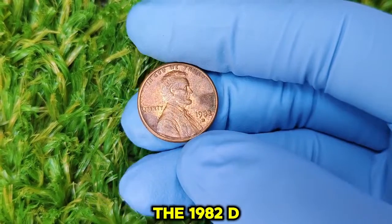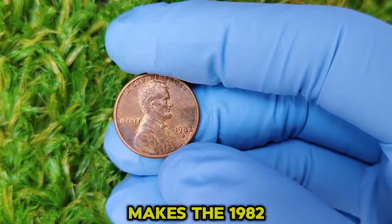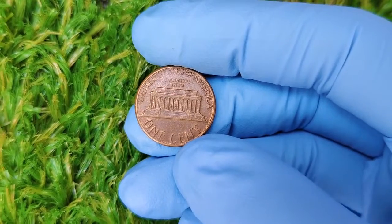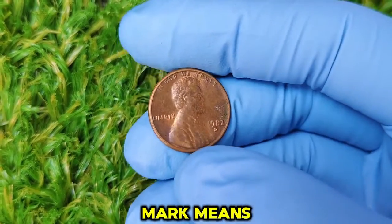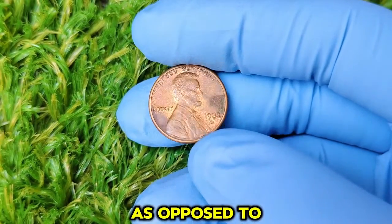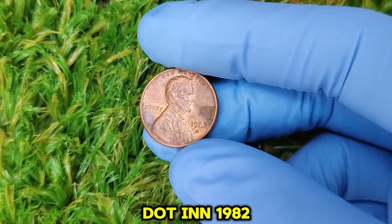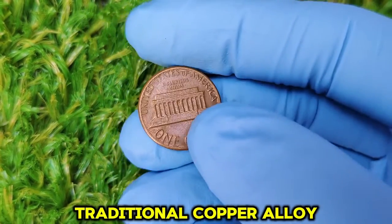What makes the 1982 D penny special? Now, you might be wondering, what makes the 1982 D Lincoln penny worth $67,188? First off, let's break down what the D mint mark means. The D indicates that the penny was minted in Denver, as opposed to the P for Philadelphia or S for San Francisco. In 1982, the Denver Mint produced millions of pennies, both in the traditional copper alloy and the new